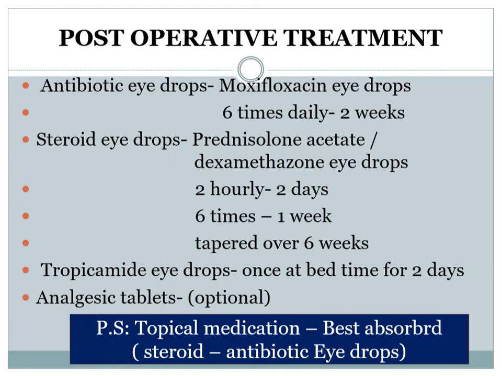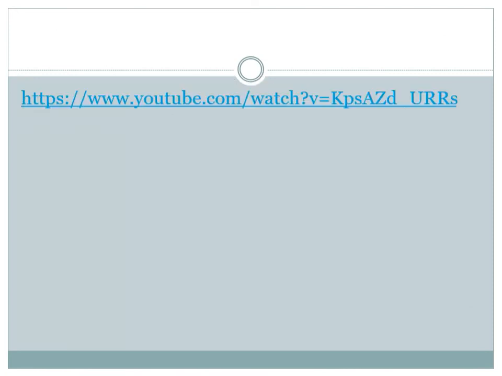So that is the reason we use tropicamide if at all you have to use. Many surgeons don't even prefer to use any cycloplegics in the postoperative period, but some people do prefer. And when you use a cycloplegic agent, it has to be only tropicamide. So the question is, what is the cycloplegic agent of choice in postoperative cases? The answer is tropicamide because it is the shortest acting. Okay, so that is another important question which is going to be asked by the examiners. Okay, so before we end the class, I'll show you this small video.